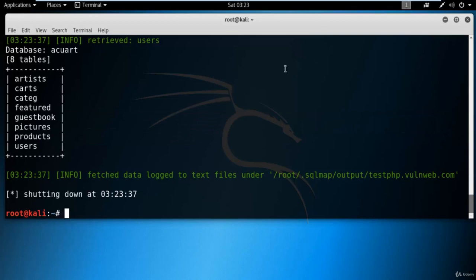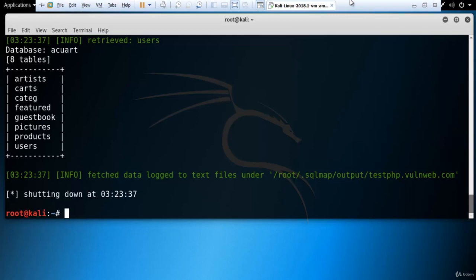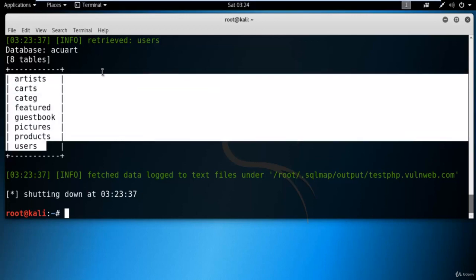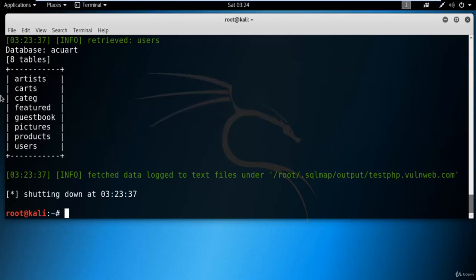So inside a single database there are 8 tables. It is like a square that you are trying to divide into 8 parts. These are the tables in which we need to find information about the usernames and passwords. If I guess, I think this will be the right table name where I can get information about the usernames, passwords, etc.